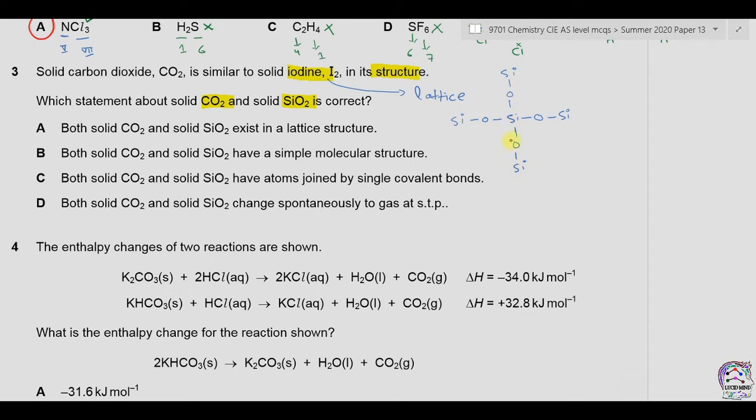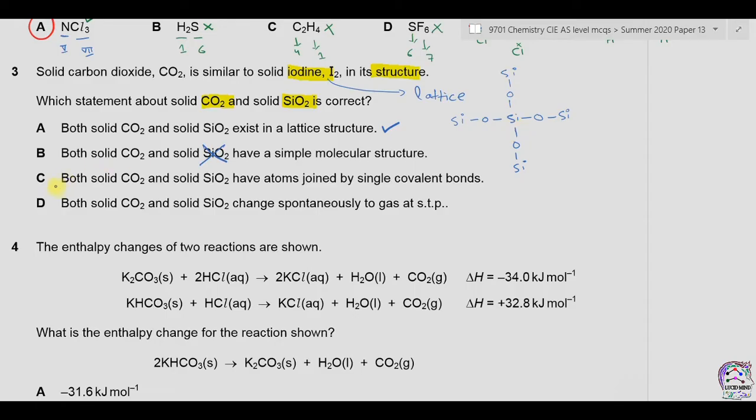So there is regular arrangement of atoms and there are even spacing, so therefore it is also a lattice structure. So this could be the correct option. Part B. Both solid CO2 and solid SiO2 have a simple molecular structure. Solid SiO2 does not have a simple molecular structure because the structure is continuous and it is called giant molecular